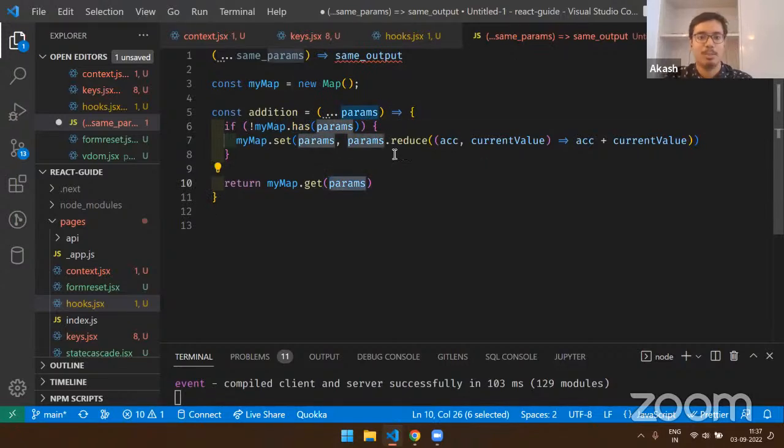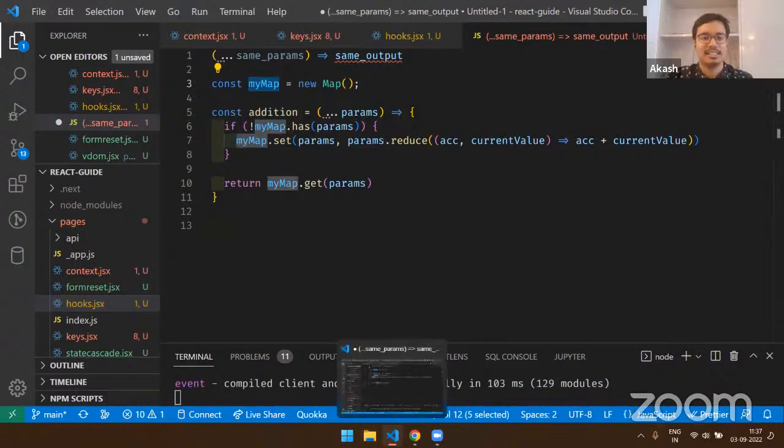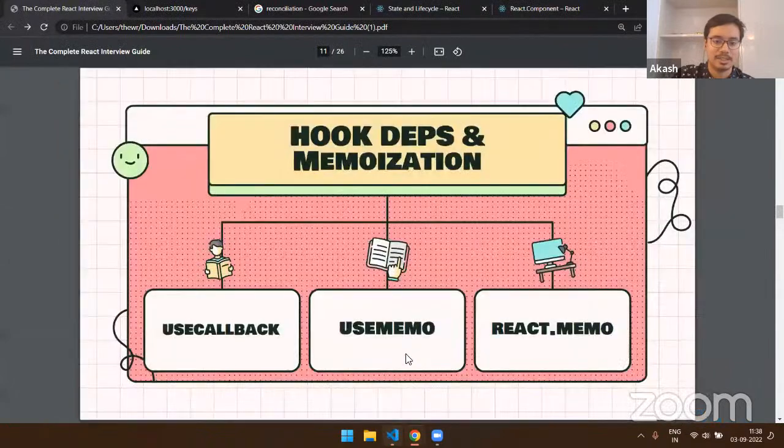So in this way we have memoized this, and then whenever we are trying to make multiple calls to addition with the same set of parameters, it will always return the same result which it gets from the cached result. So this is basically how memoization works, and it's actually very useful in the context of React as well, because React functions are immutable by default, and it should always return the same result for the same set of inputs, and so we can use it